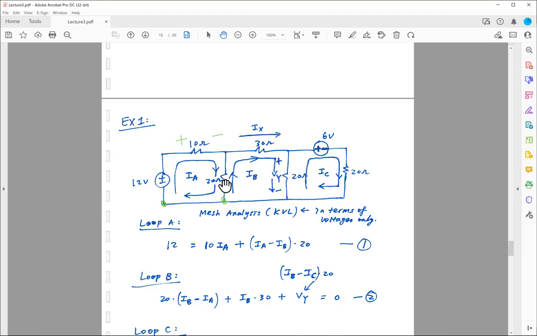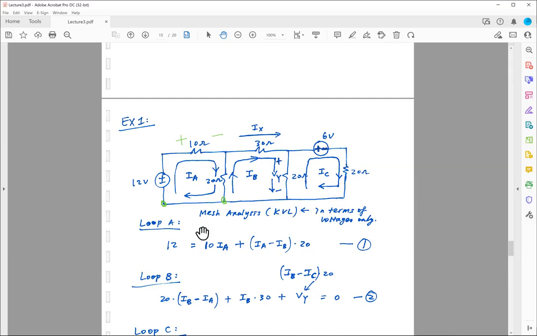This 20 ohm resistor again is shared by these 2 loops. Assuming IB is more dominant than IA, I need to first find my net current flow, which is IB minus IA. So IB minus IA, the net current flow, multiplied by 20, I times R, gives me voltage,